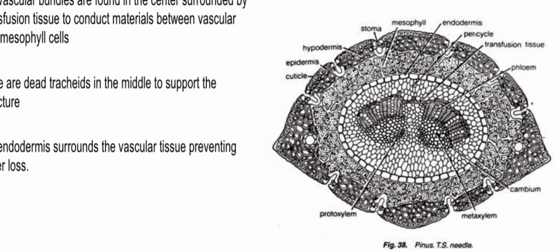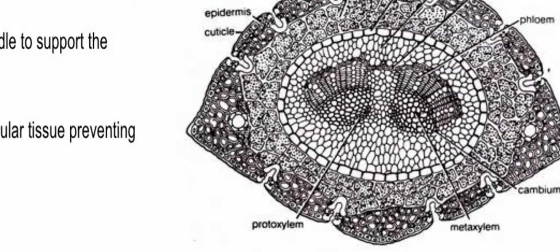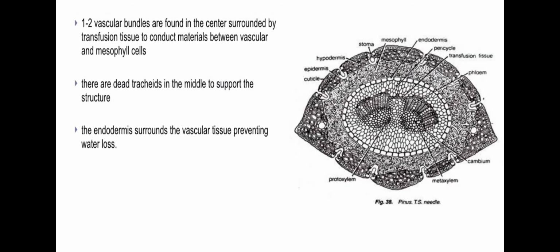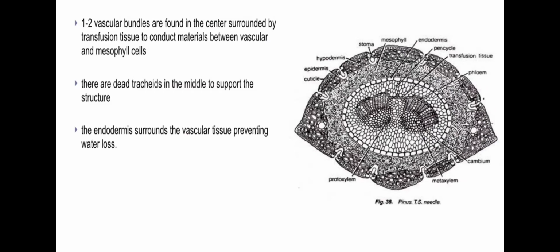But unlike the Cycas, the leaflet in Pinus is triangular in shape and you will see prominent sclerenchyma in case of Pinus. You will also find resin canals at the corners and prominent bundle sheaths surround the basilar bundles. Basilar bundles are conjoint, collateral and open, and there is no differentiation of palisade and spongy parenchyma. Only mesophyll cells are there, but you can see infolding of the mesophyll cells.